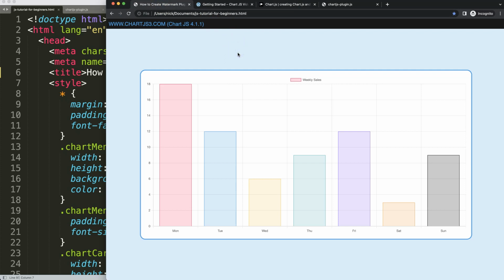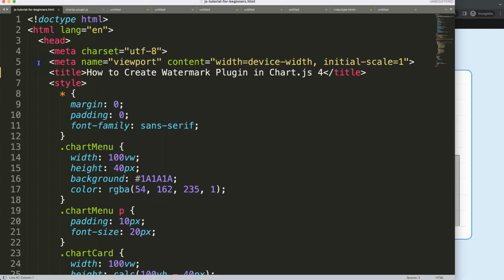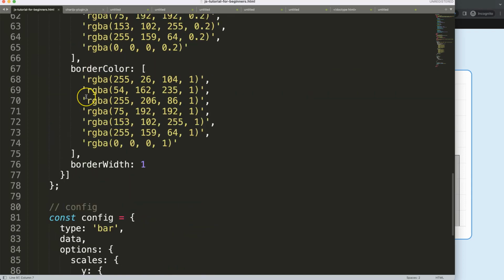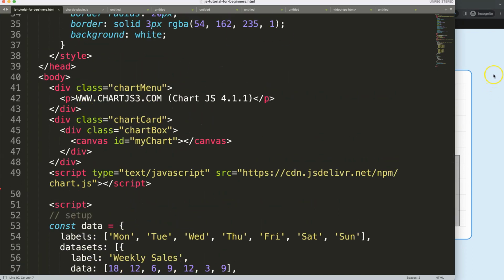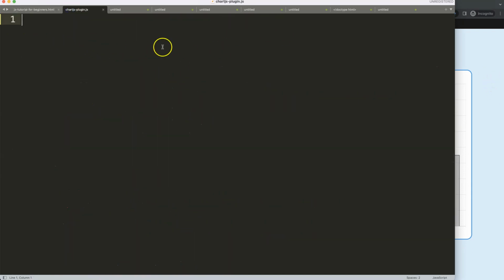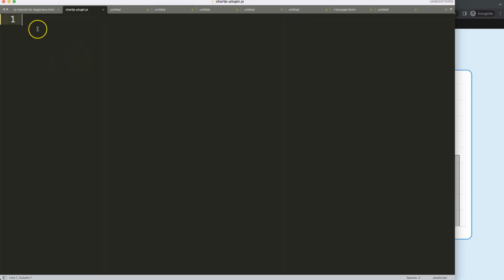So what I want to do now is create the item, but to do that we need to create a custom plugin, and I have the file here ready, which is just a blank file stored in my documents folder. So what I want to do here is create the object. I'm going to say a constant object will be watermarkPlugin, and then this will be equal to,